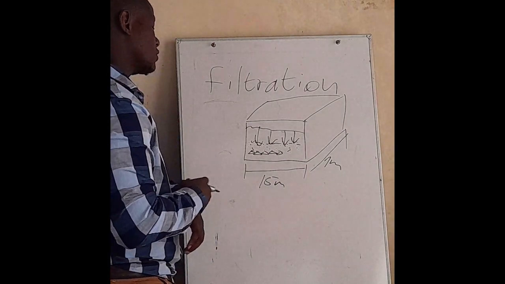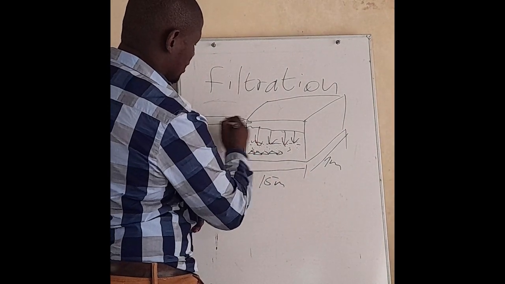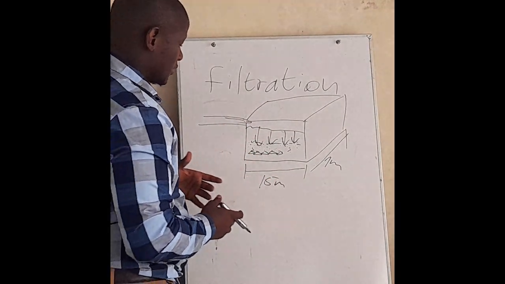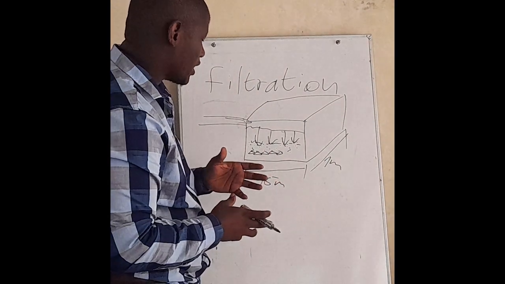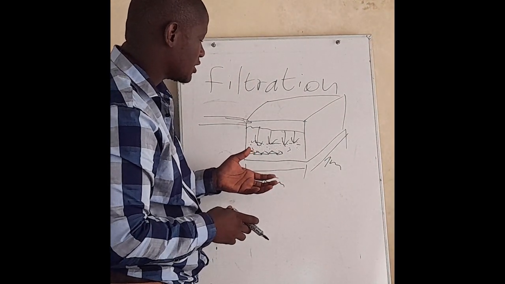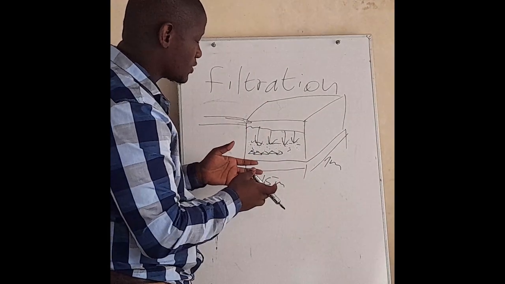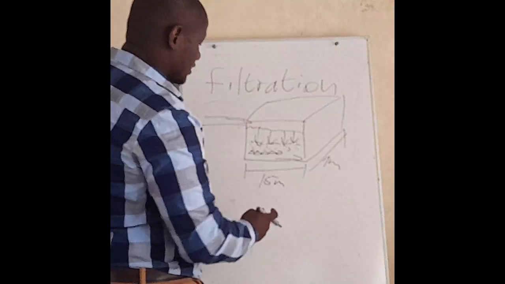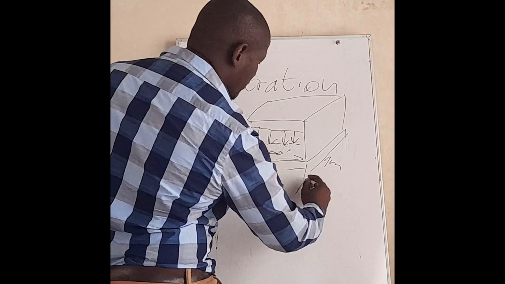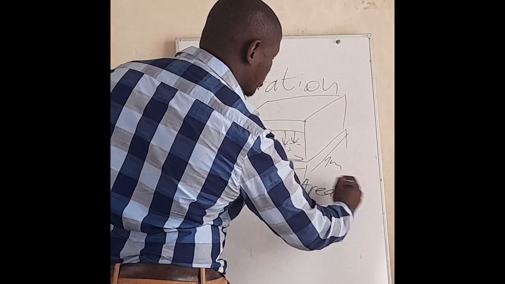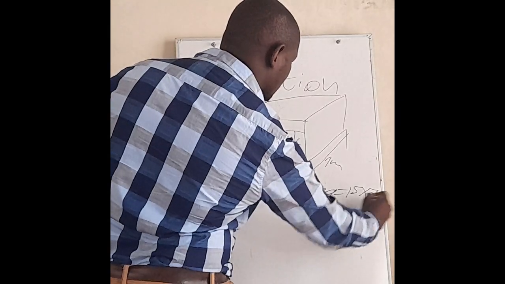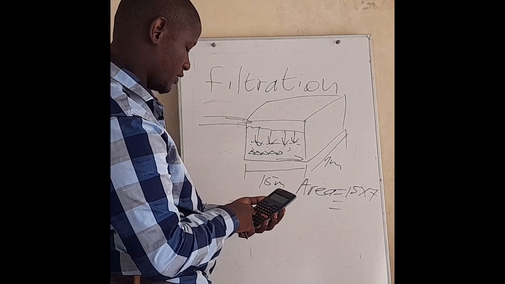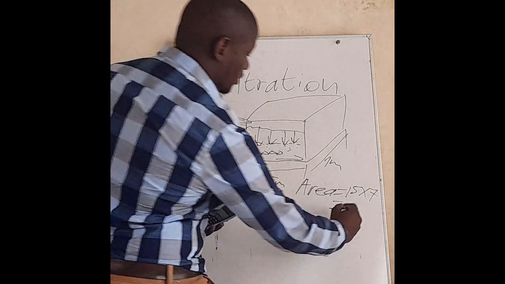Basically there will be those tiny voids whereby the water can go through, but solid particles will be held at the top. So we'll have our flow rate, water getting in, and the water will try to filter through it. What we really want to do now is get the flow at which this water is going to exit. That's our area that we can calculate. Simple, it's 15 multiplied by 7, which comes to 105